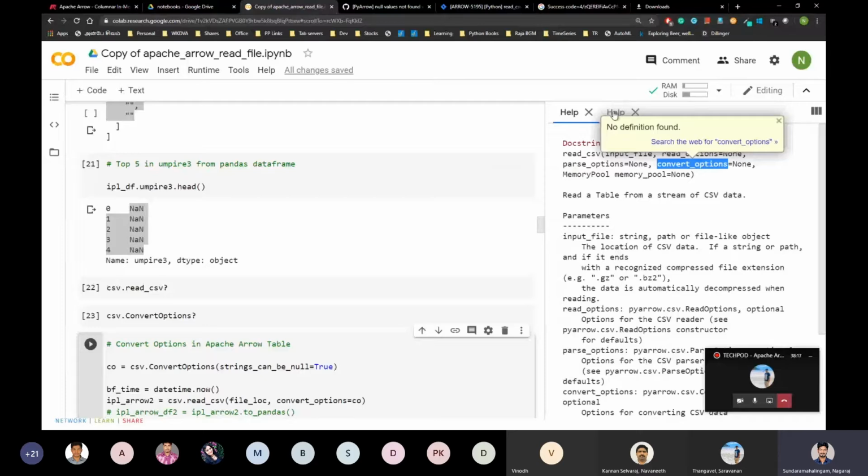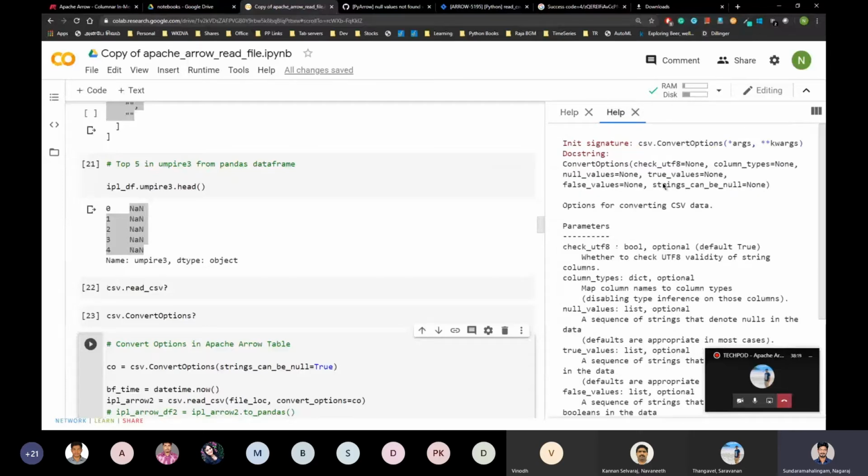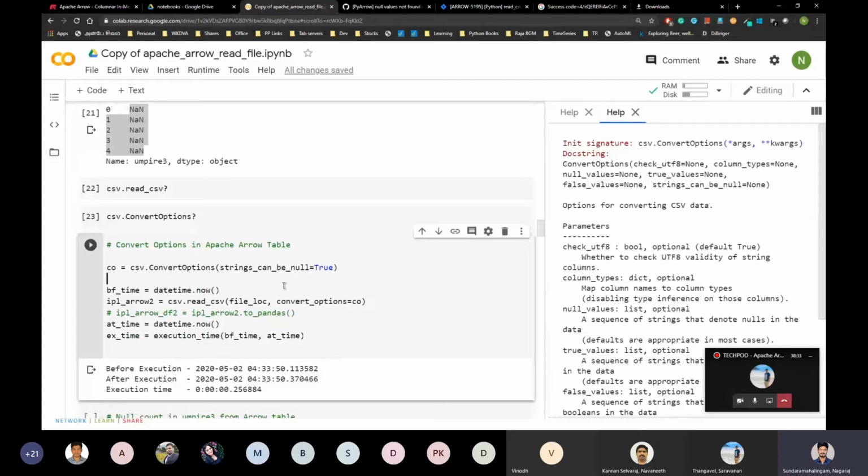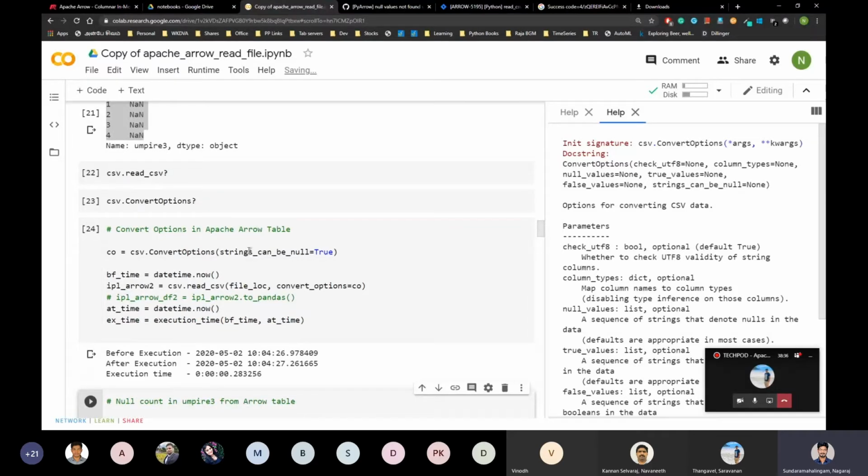And this is the convert option, where you can specify strings can be null. If you specify this as true, then it recognizes null as null. If there is no string, it denotes it as null. So I'm setting that strings-can-be-null parameter as true.